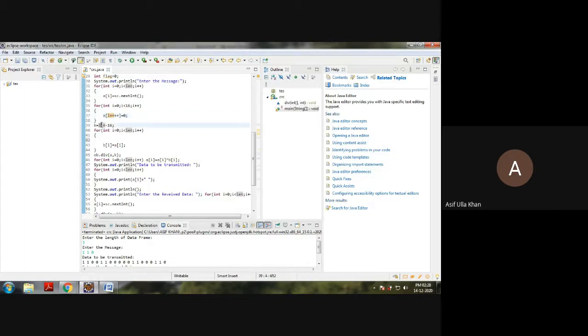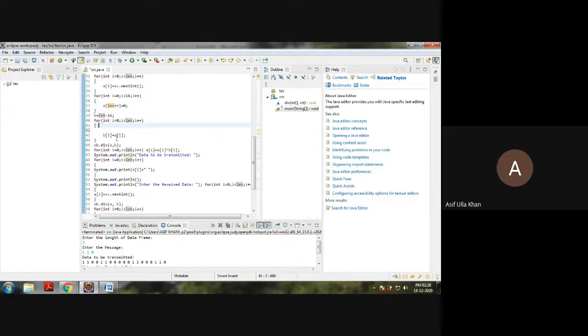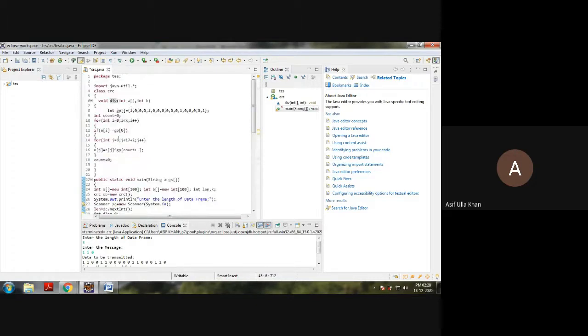Obviously k is nothing but the difference between the length and the number of bits. So I'm starting to equate a of i into b of i. Now I'm going to call a function called divide, which jumps from the calling function to the called function, and it takes parameters like a and k. The array gp is holding your polynomial, the coefficients of the polynomial. Can you see here, x to the power of 16 plus x to the power of 12 plus x to the power of 5 plus x to the power of 0, the standard 16-bit polynomial. It is the same thing you mentioned in terms of bits now.